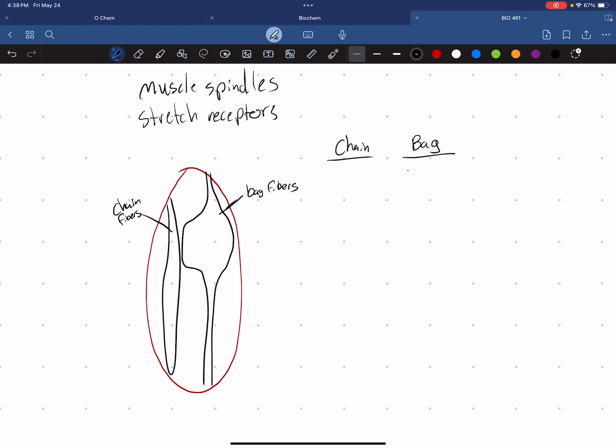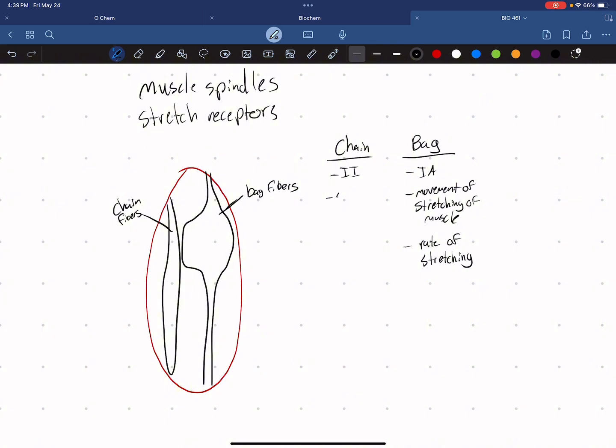The bag fibers are type 1A fibers that are responsible for the actual movement, the stretching of the muscle. These give information about the rate of stretching. Like if you were to extend your arm at the elbow, that process of extending the arm would be activating those bag fibers, those 1A type of fibers,